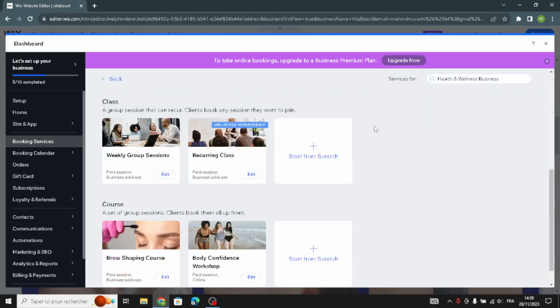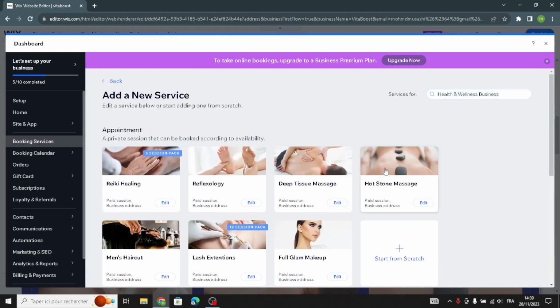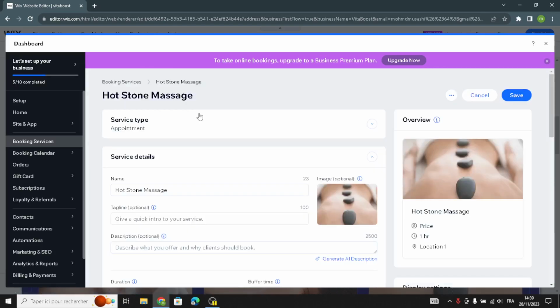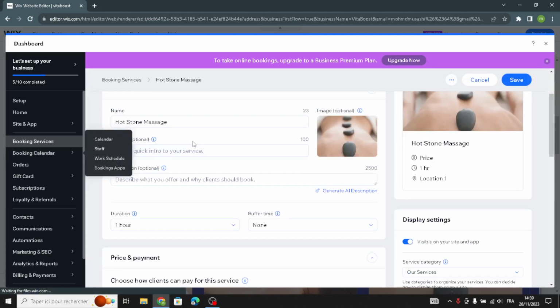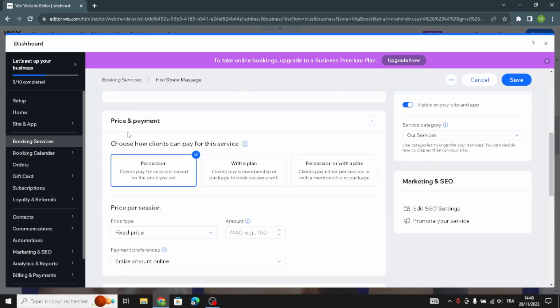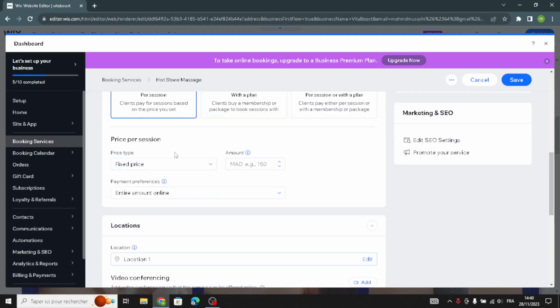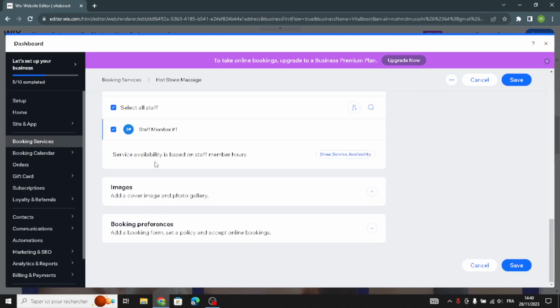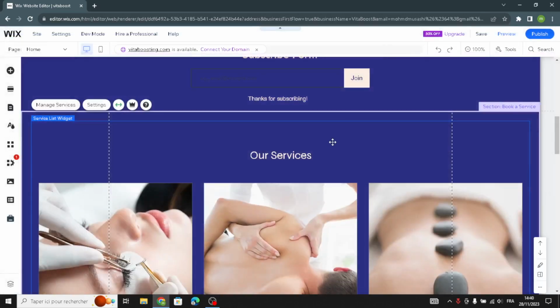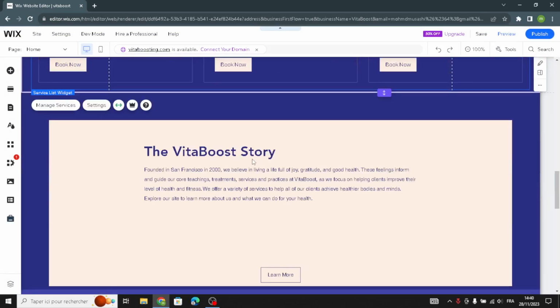So that's it. After this, you can just save this place and go back. Okay, so as you see, you can add the tagline, the description, the duration, the buffer time, the prices. You can customize the price options, the payments, and the location. Okay, so after this, you can save this place and go back to complete the design. Okay, this is